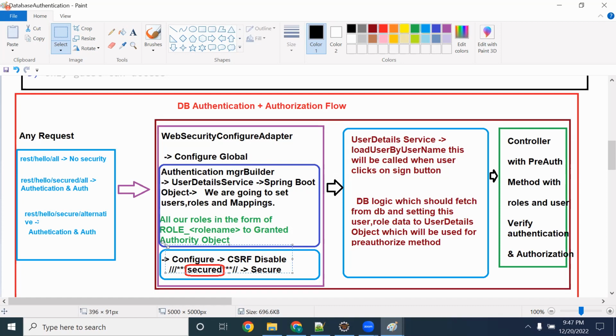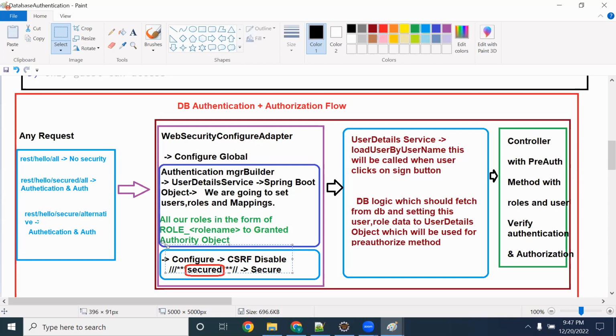Which user data will populate? After the login page is populated, after the login page comes a pop-up or whatever it may be. Which user ID am I logging in with? User 1, and I type some password, right? After entering the user ID and the password, when I click on the submit button,